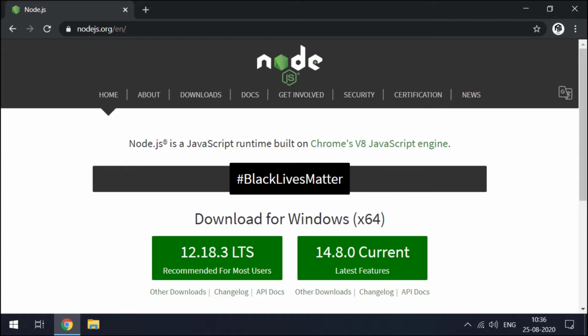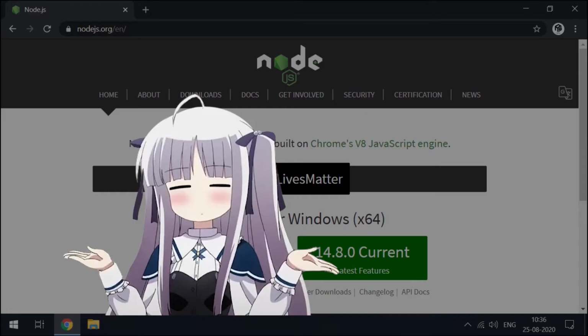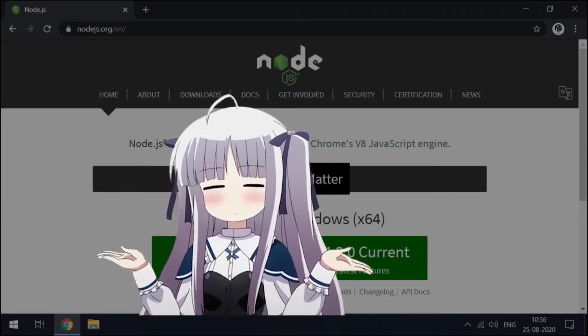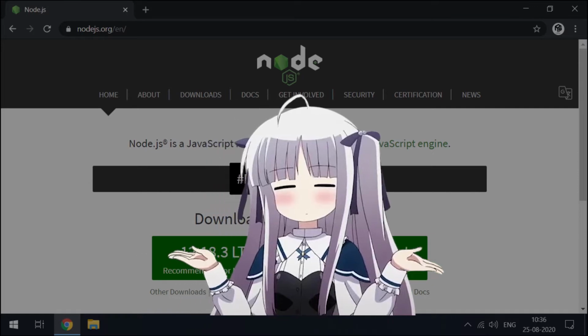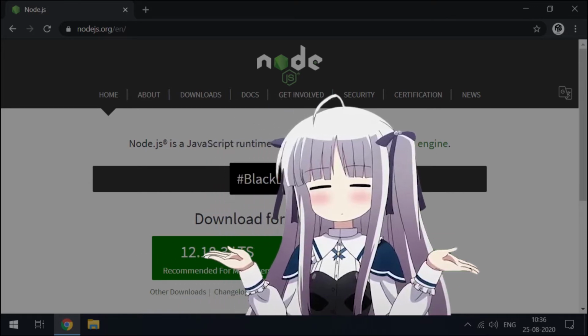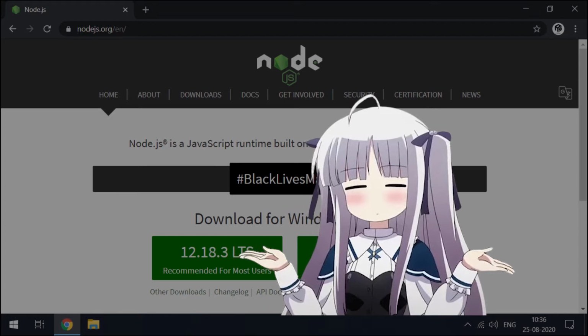And as you know the drill, before starting to learn any technology, you need to have it on your device. So we are going to provide you with the steps of getting Node.js in your system. Most of the tutorials on YouTube would ask you to install Node.js from nodejs.org. Well, there is nothing wrong with installing from here, but what we are going to do is something flexible.